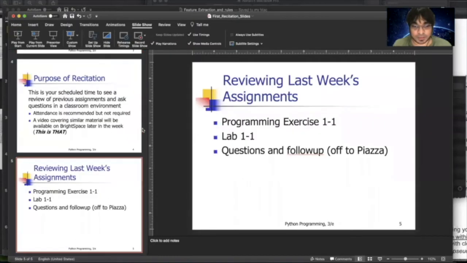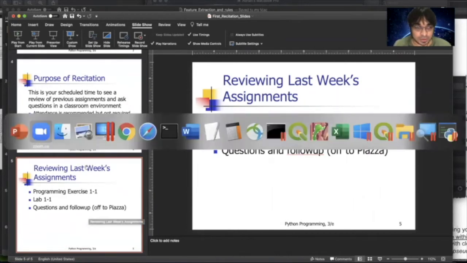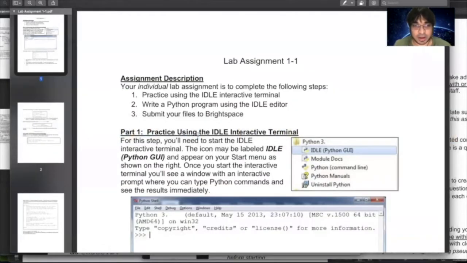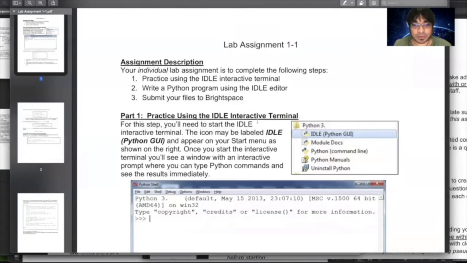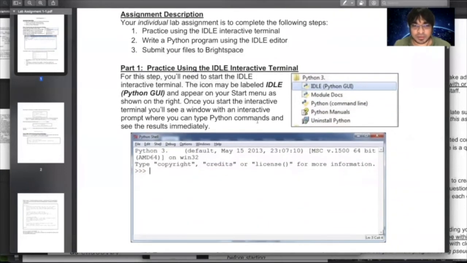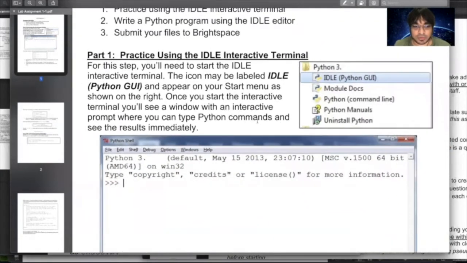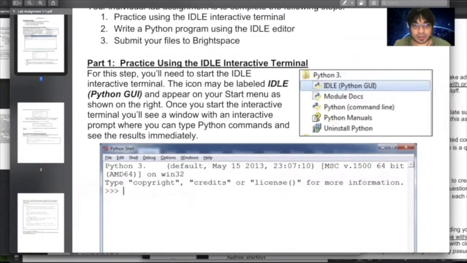Your future programs are expected to be written here, but there are other options. For this class, we will stick to IDLE. So let's look at the handout. This is lab assignment 1-1. This is an extremely basic introduction to how you should be running Python.